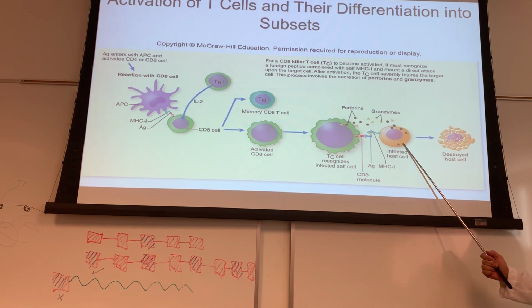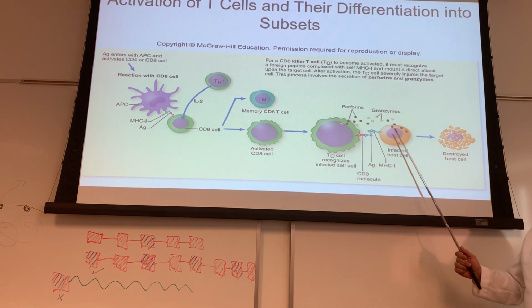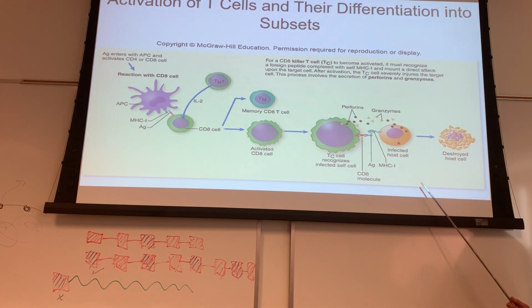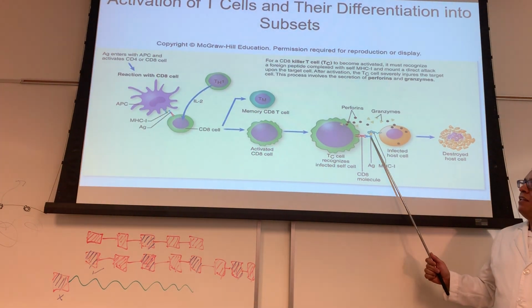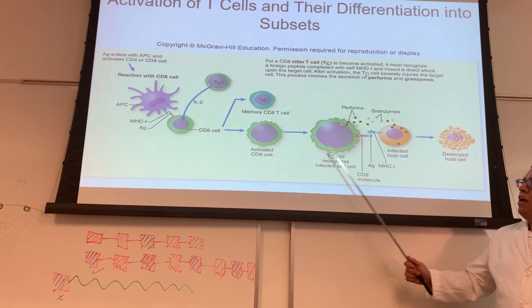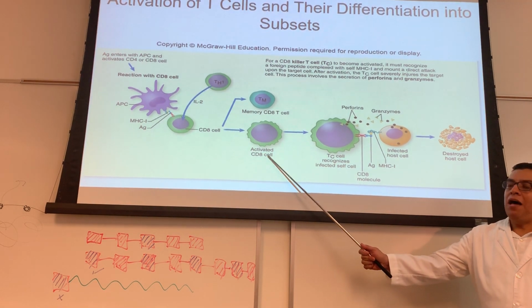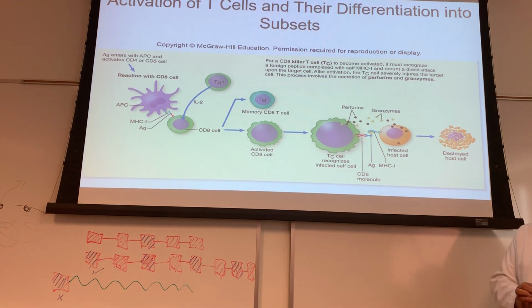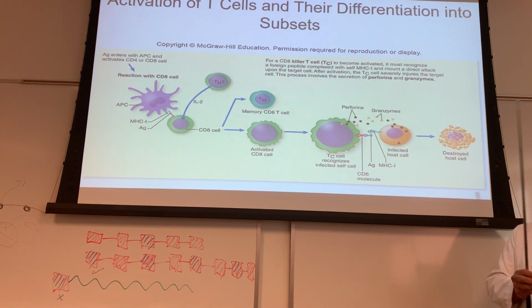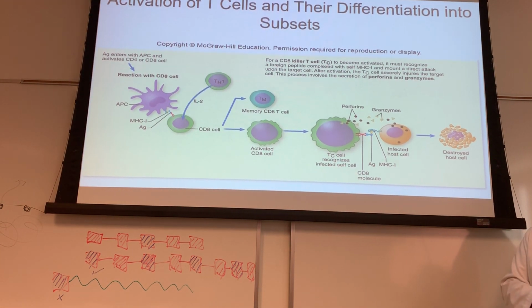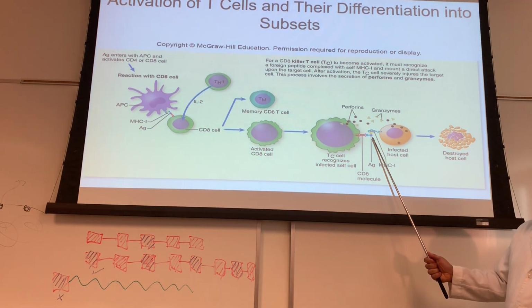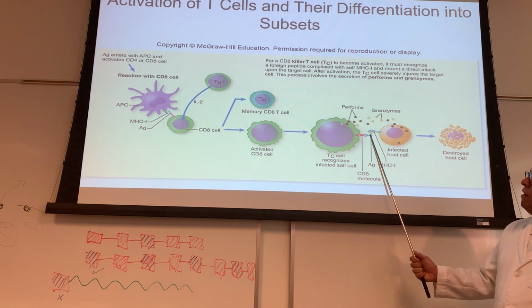Your host cell that's been virally infected has already released the interferon to warn the neighbors, presenting the antigen on its surface saying, hey, when you come by, deal with me, please. I can't hang around for long because I'm no good anymore. So when the activated CD8 cell comes by and realizes, oh, this cell is virally infected,